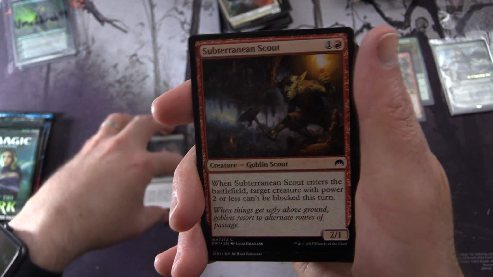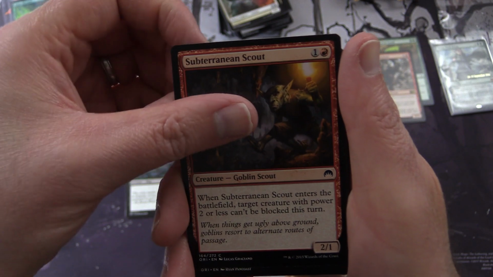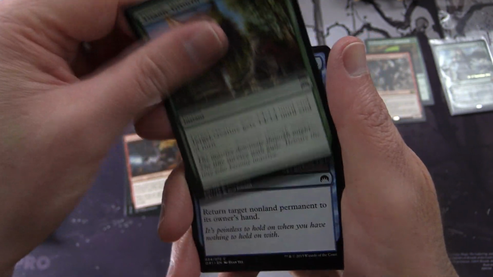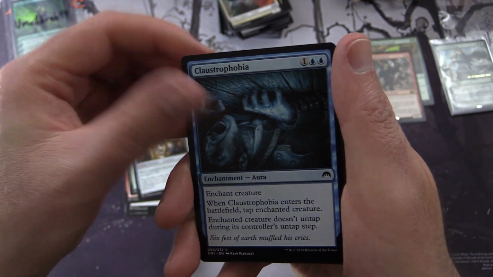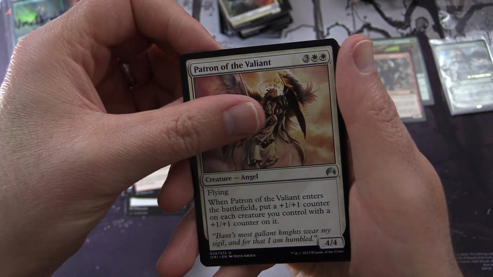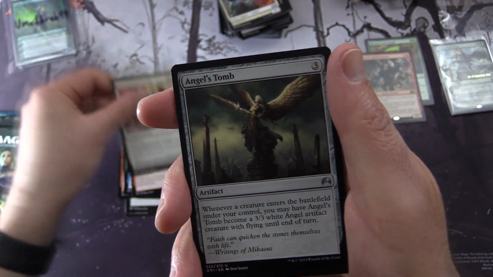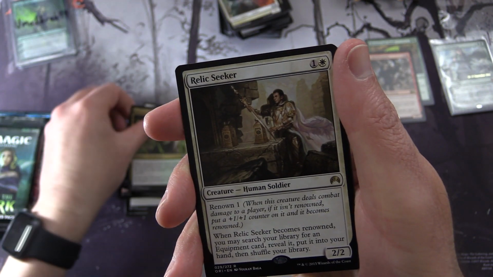Has anyone done the Slug tribal thing? Oh no, Subterranean Scout, Creature Goblin Scout. Titanic Growth, Disperse, Guardian Automaton, Claustrophobia, Bellows Lizard, uncommons Patron of the Valiant, Angel's Tomb, Shaman of the Pack, and the rare is